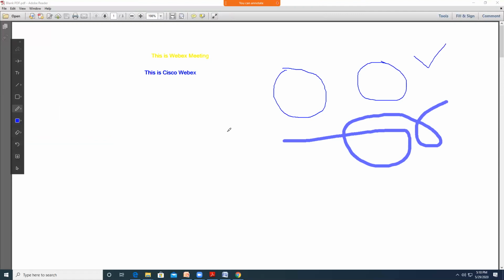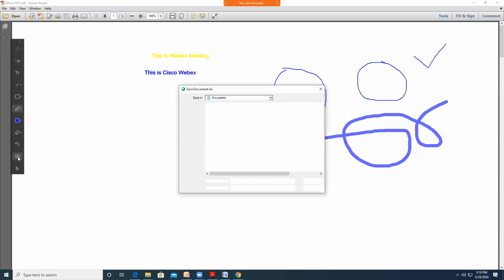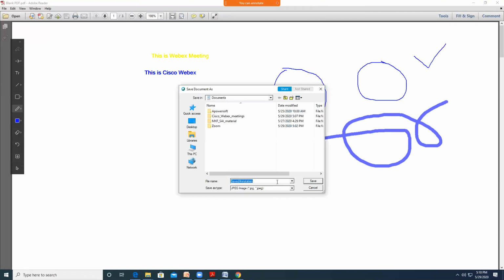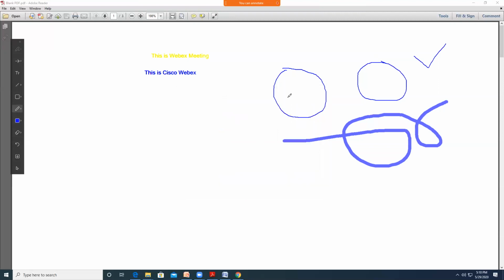And the beauty of this is you can also save this. Whatever frame you are seeing, you have a thing here, save annotation. So let me save it as Cisco 1C1. It will save wherever you want. Whatever you are able to see on the screen, it will save it. And yeah, this is all about annotation. You can do more things. You can also draw a couple of things. You can draw rectangles.